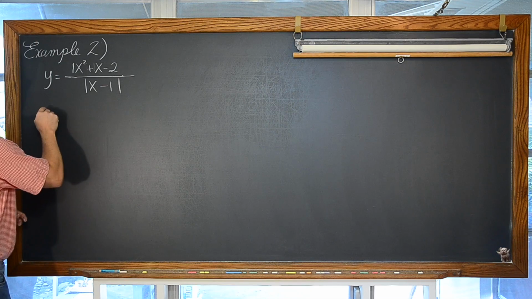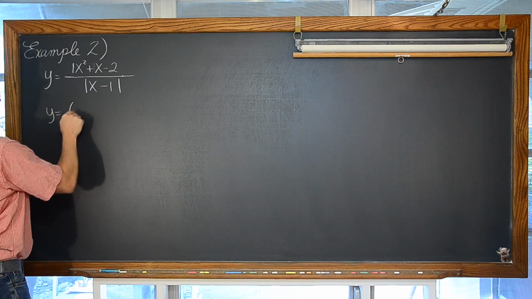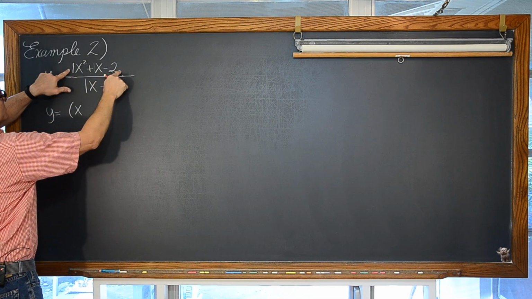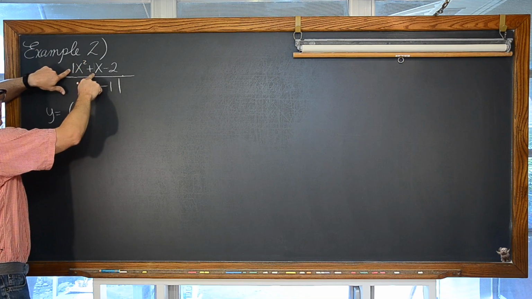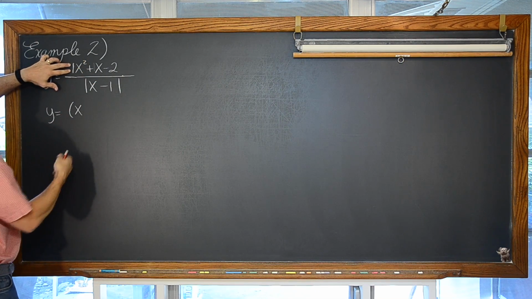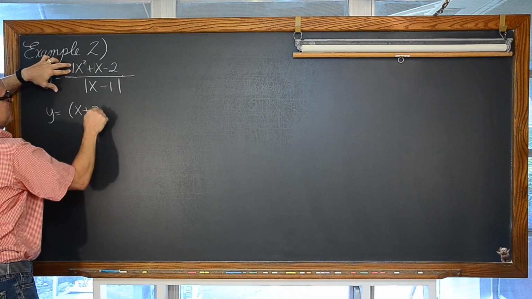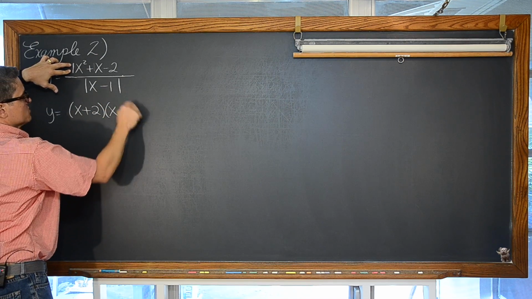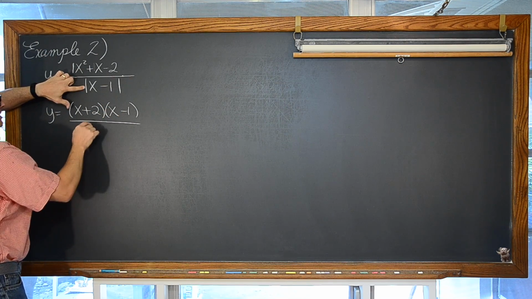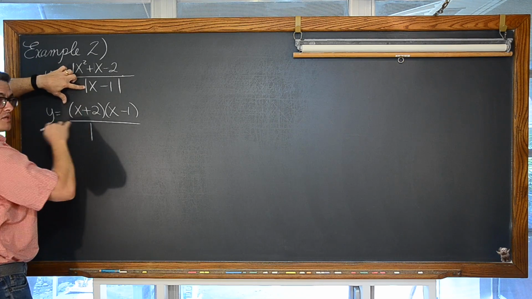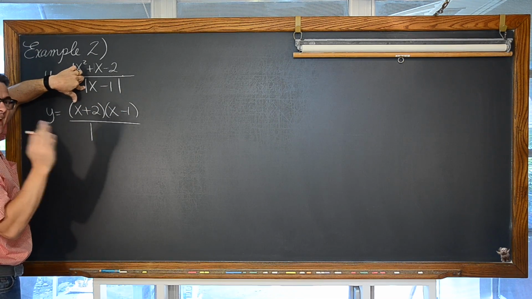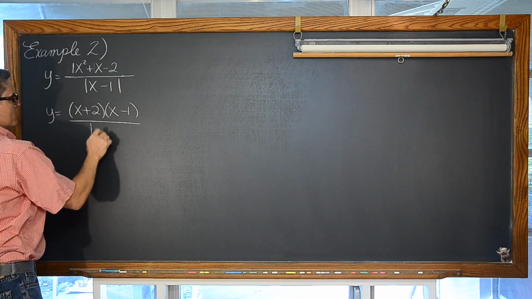But we're going to have y is equal to x, okay, factors of negative 2 that also add to be positive 1, because its leading coefficient is just 1. So we got x plus 2 and x minus 1 all over our denominator of the absolute value, not just x minus 1. This isn't going to straight away cancel, but we have the absolute value of x minus 1.